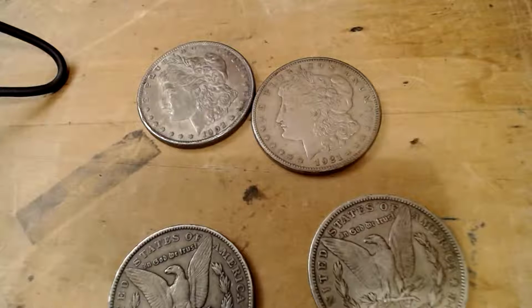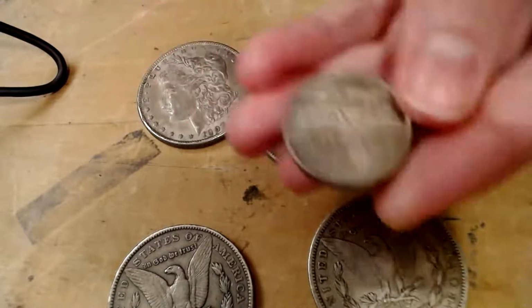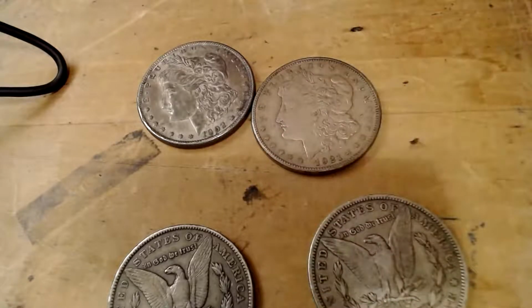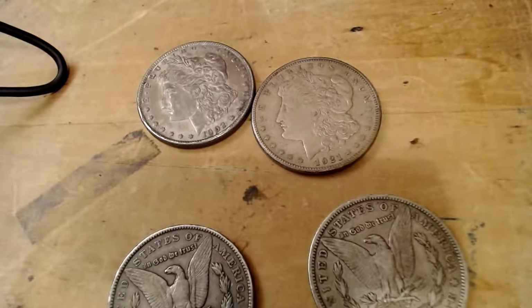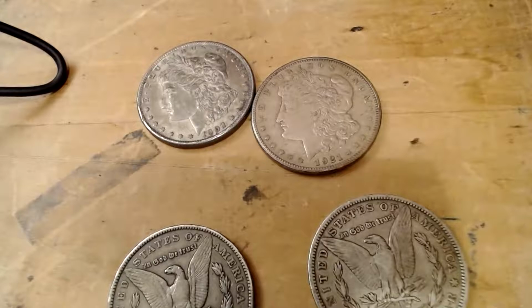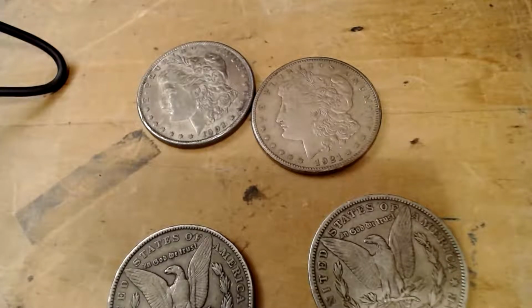But my favorite state quarter. I like the Connecticut Charter Oak design. I think that's a cool one because of the history behind it. But for my actual favorite design, I would have to go with either the North Dakota design or the Nevada design, which is certainly up there as well. If you guys don't know what those designs are,